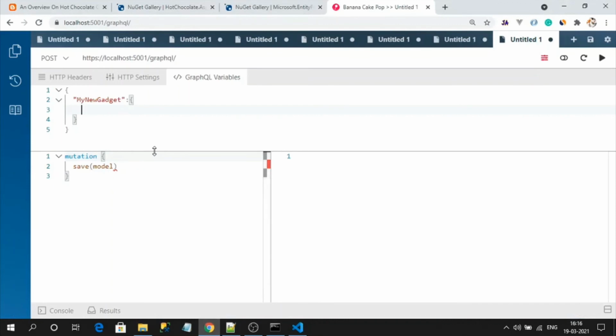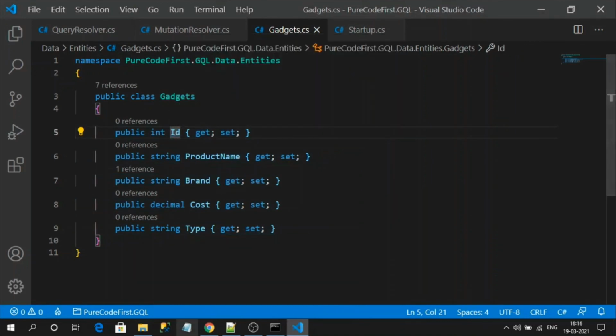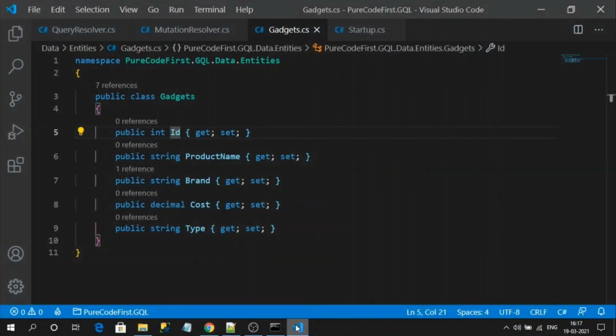So I can copy ID from here as my payload property. I already know the names, so I will type them directly here, but they should match these property names. Okay. ID I don't need because I am creating a new record, right? So what are the remaining: product name, brand, cost, type?